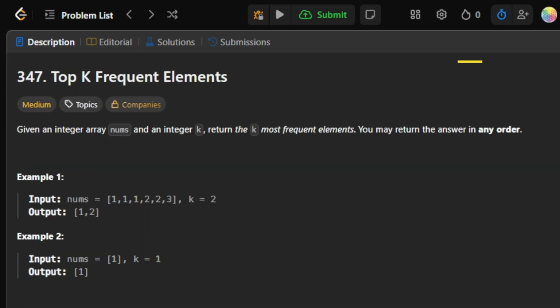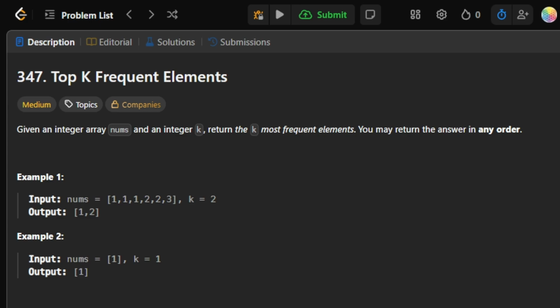For our next problem, we are taking a question that's a favorite in Amazon interviews because it tests your knowledge of two essential data structures, hash maps and heaps. The problem is Top K Frequent Elements. The question is very simple. You are given a list of numbers and an integer k. You need to find the k numbers that appear most often in the list.